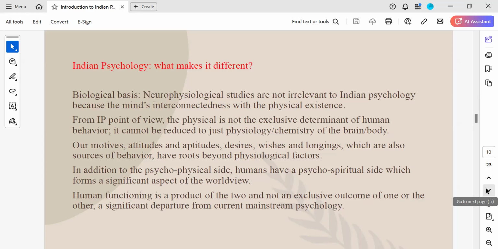So from the point of view of Indian psychology, the physical is not just an exclusive determinant of human behavior. It cannot be reduced to just physiology, chemistry, of the brain body. So you can't just say that this particular condition or situation that the person is going through is because of this particular physical ailment itself. It can be multiple things, right? So our motives, attitudes, aptitudes, desires, wishes, longings, which are also sources of behavior, have roots beyond physiological factors. So why I am feeling particularly this way at this particular time is not just because of